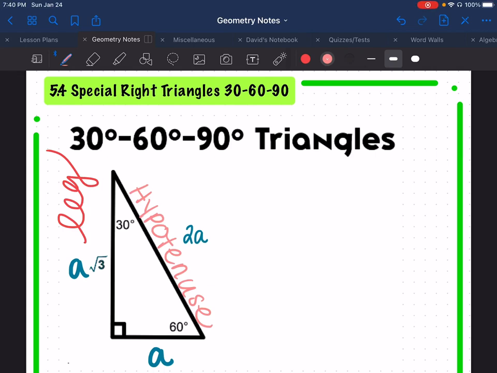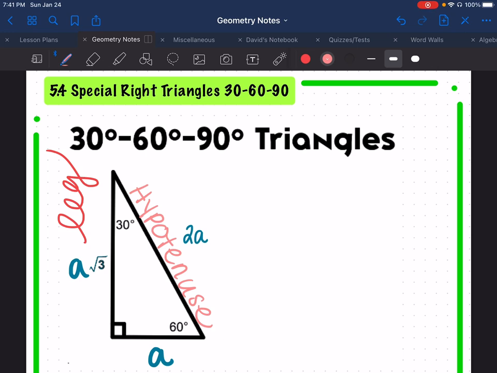Today's lesson is 5.4, Special Right Triangles, 30, 60, 90. Our second special right triangle is the 30, 60, 90 degree right triangle. So just like the 45, 45, 90, we found out that there is a ratio between the three sides of